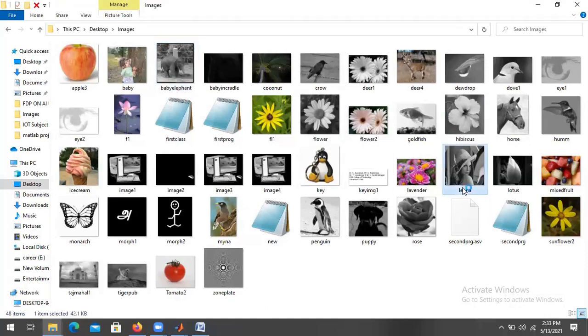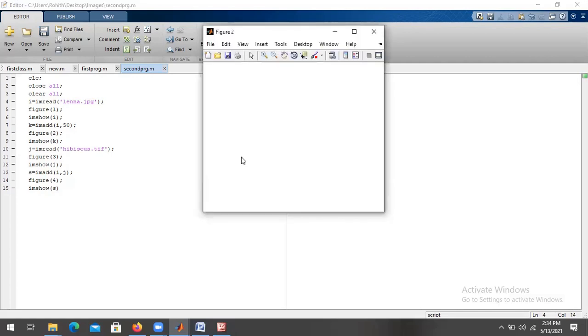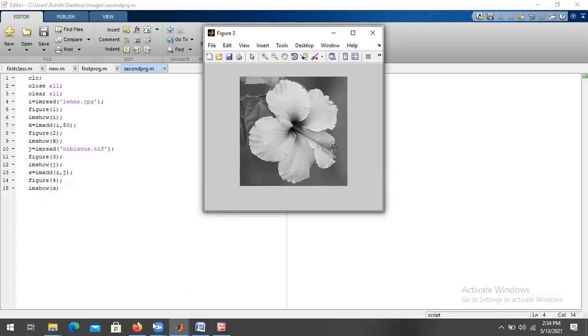It's a JPG actually, but the resolutions of Lena and the other are different, so it is not getting added.